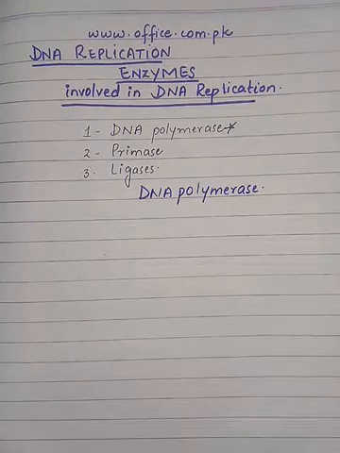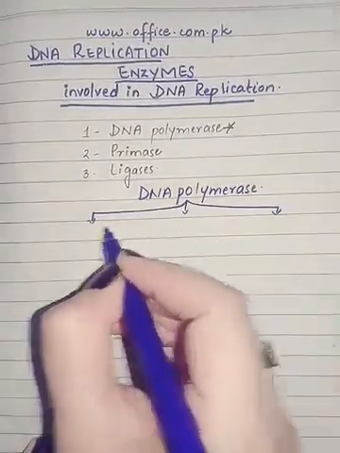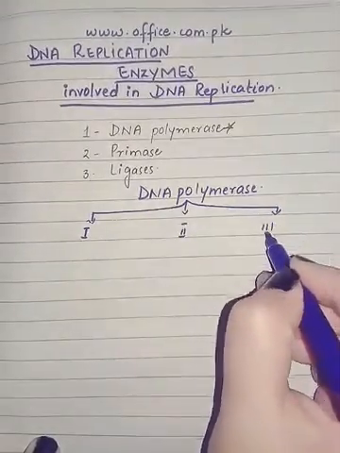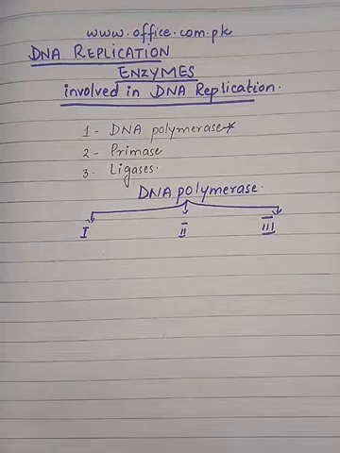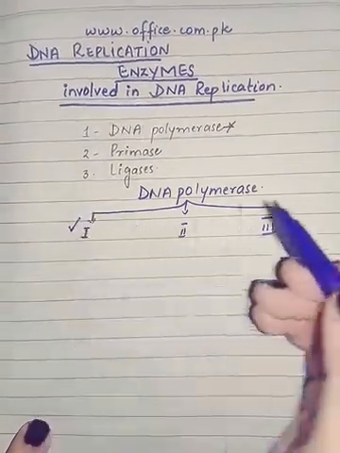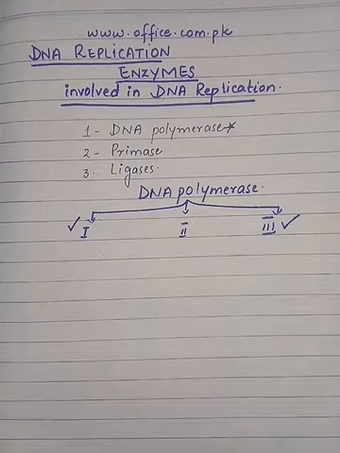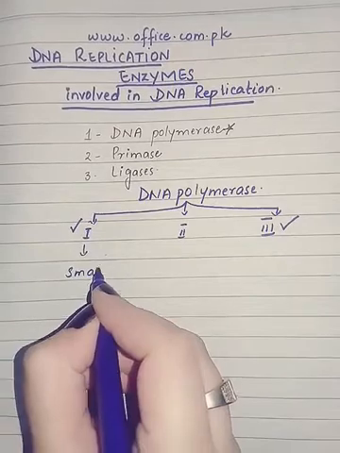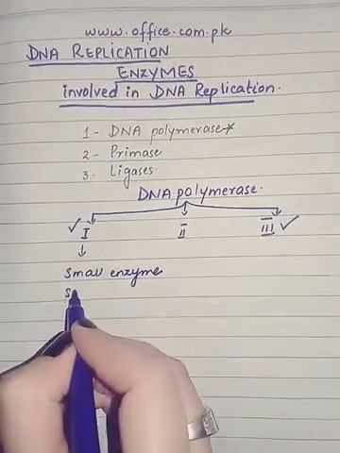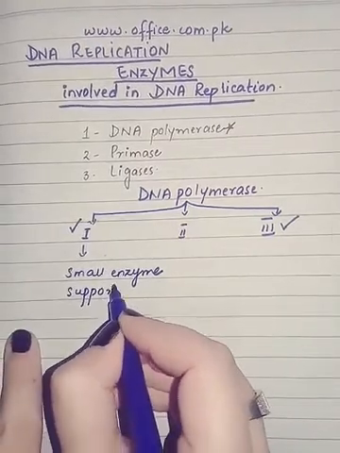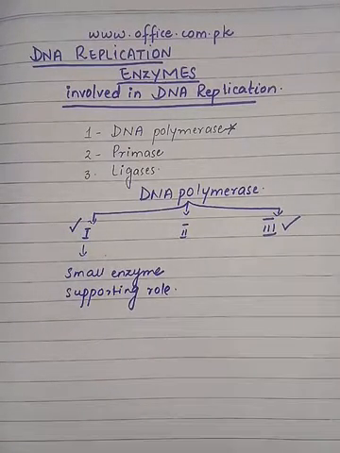The DNA polymerase is divided into 3 basic classes: 1, 2, and 3. So there are DNA polymerase 1, DNA polymerase 2, and DNA polymerase 3, of which our point of concern is DNA polymerase 1 and DNA polymerase 3. Now the DNA polymerase 1 is a small enzyme and it plays a supporting role in the DNA replication,